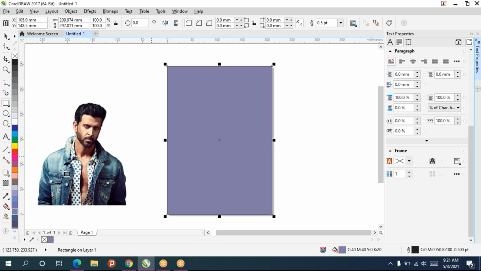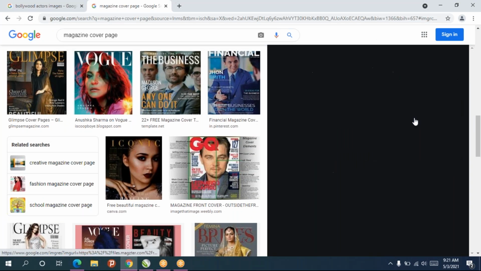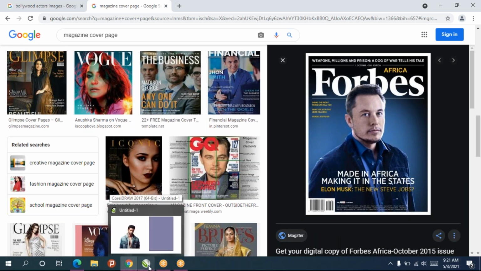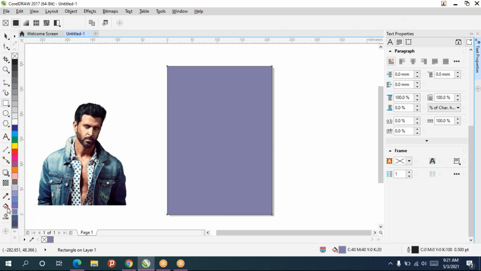Suppose you want a gradient color, see, if you want this kind of gradient color in the background, we have a tool called interactive fill, which is nothing but the gradient tool. In Photoshop it is called gradient.